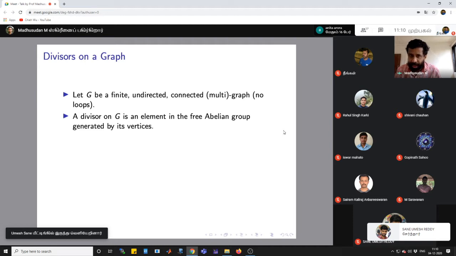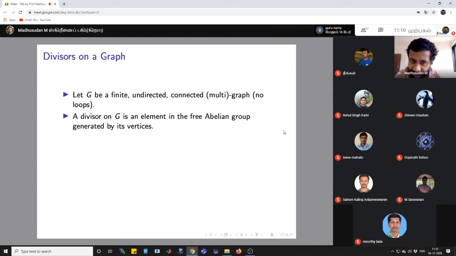So I associate a symbol, say bracket v, to every vertex v, and then I look at integral combinations of these symbols bracket v. And when I say free abelian group, I mean that there are no non-trivial relations between these symbols. Okay. And this is all I mean by an element in the free abelian group generated by the